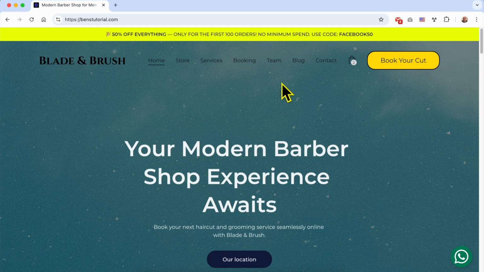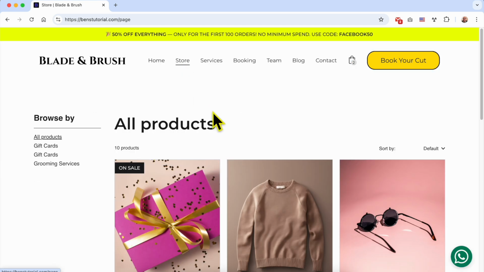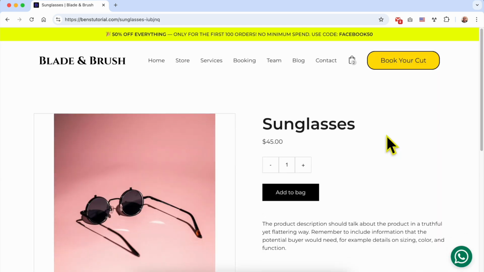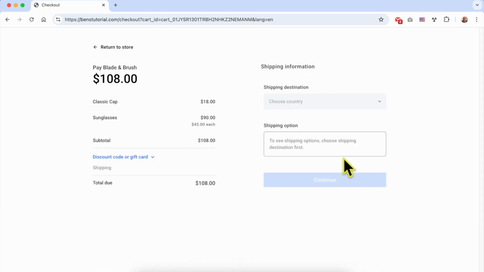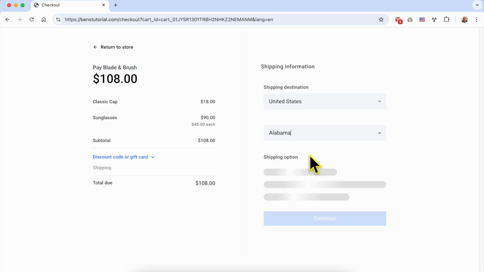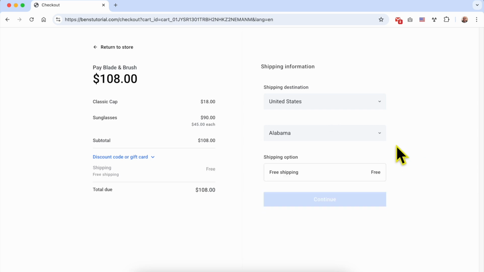This is the same website. Go to store, click on a product, add to bag. As you see, the subtotal is more than my minimum of $50, so I should match the condition of free shipping. Click on checkout, select a shipping destination, US, and as you see, I've met